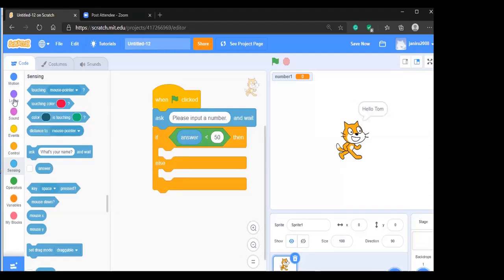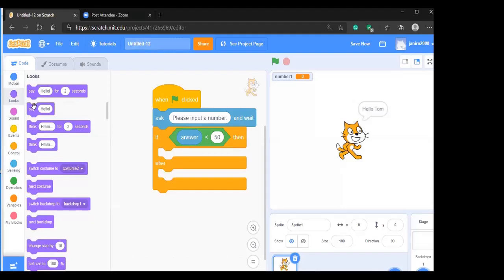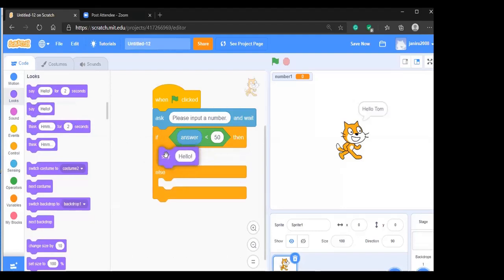If it is less than 50, we say the number is less than 50. Else, if it is not true,